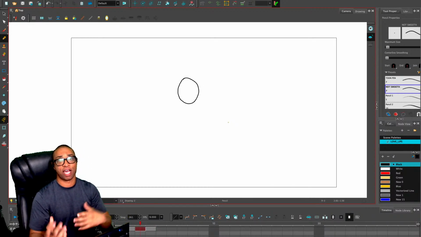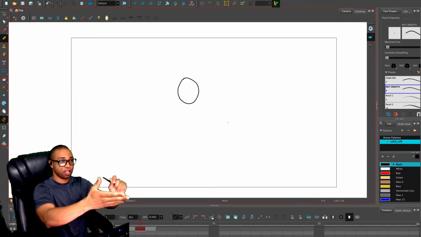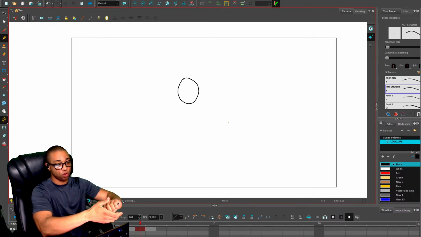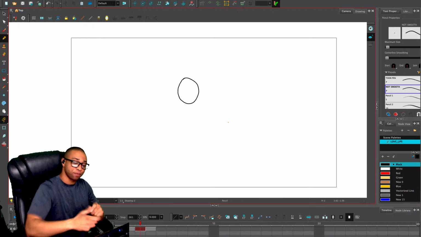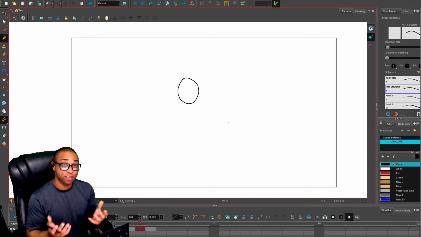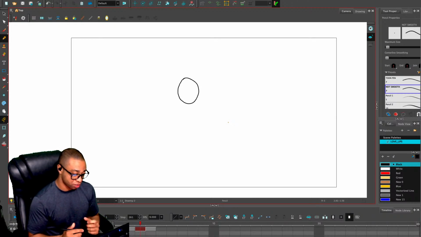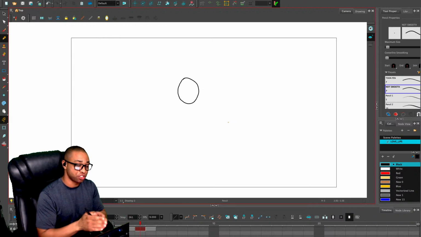Same concept for a handshake or anything else you do. If I was going to do a handshake, I would do the picture, and then the next frame, I would have it going down and then going up. So by the time I hit play, it's going to be like, oh, it's shaking. Now, when it comes to how many frames you need, it gets a little trickier because there's a speed to how fast your animation is going.